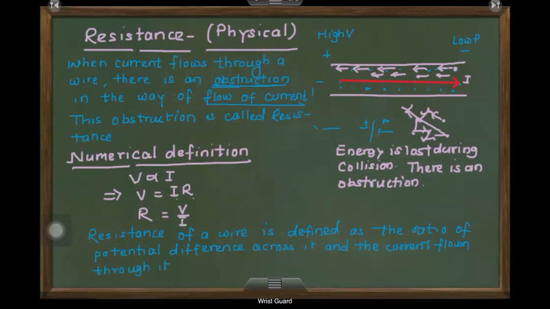So this is its numerical definition, and the above one is its physical significance or physical definition. So resistance is defined as the ratio of potential difference across it,